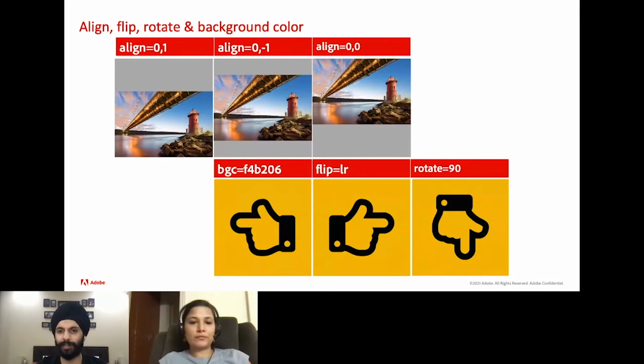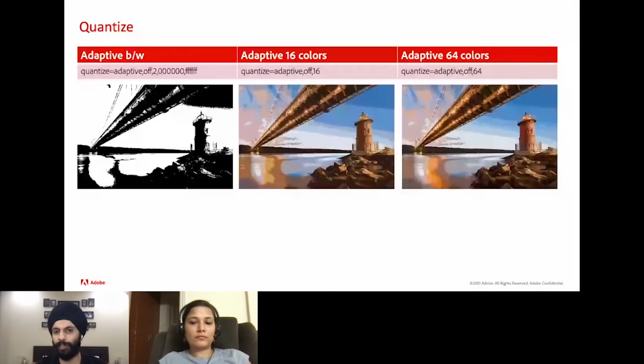Next is color quantization. Color quantization is a process that reduces the number of colors in images without the loss of quality and important global information. The point to note is that color quantization works only with specific formats like GIFs and PNGs. Here, first example shows how to convert an image to a bitonal color with key color transparency and force colors to be just black and white. Similarly, the next two examples show how the output in 16 color adaptive palette and 64 color adaptive palette will be represented.